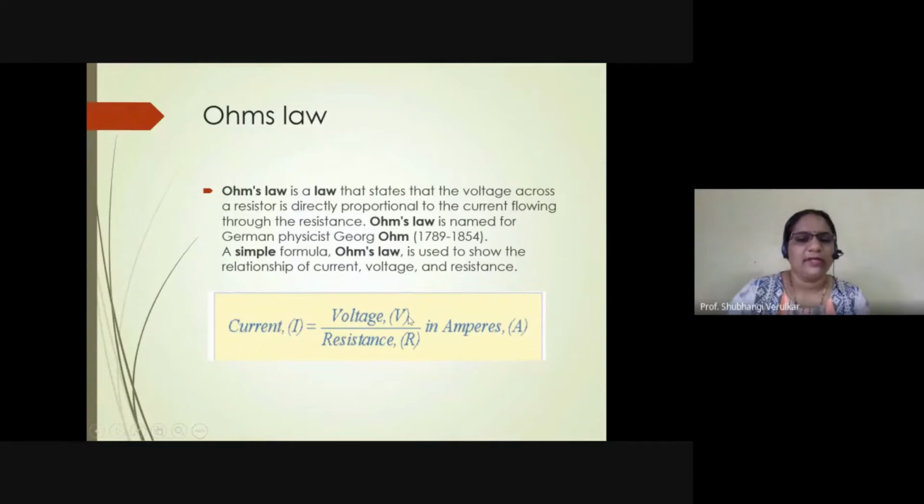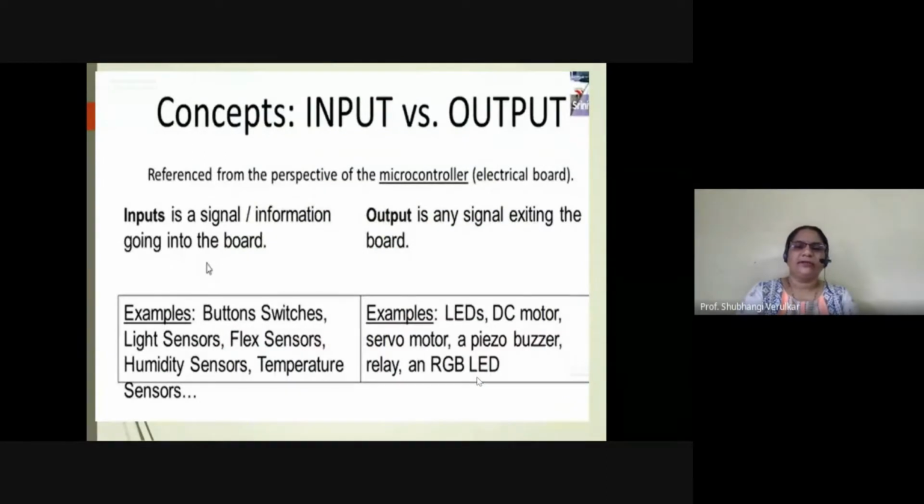So how will you calculate? You know how much voltage you are connecting in a circuit, and you know how much minimum current is required to blink that LED, and from it you have to calculate the value of resistance. Suppose you have to calculate R, so R is equal to V by I. V is, suppose, 9 volt or 5 volt, and current is 20 milliampere, then you have to calculate the value of resistance. Please note down this formula for how you calculate the value of resistance, because later on you will have to calculate it. Okay.